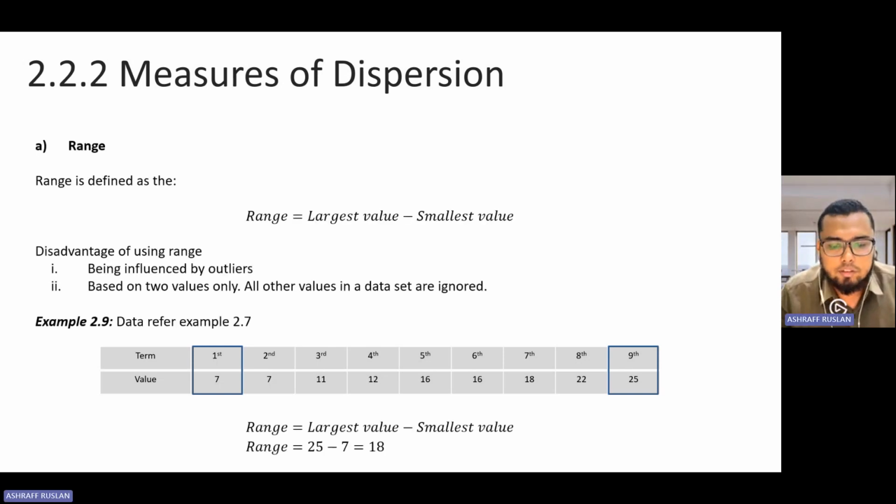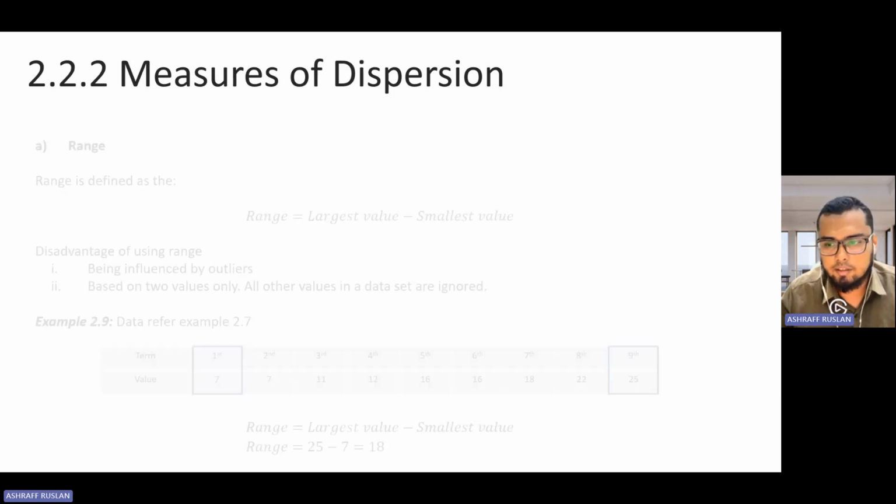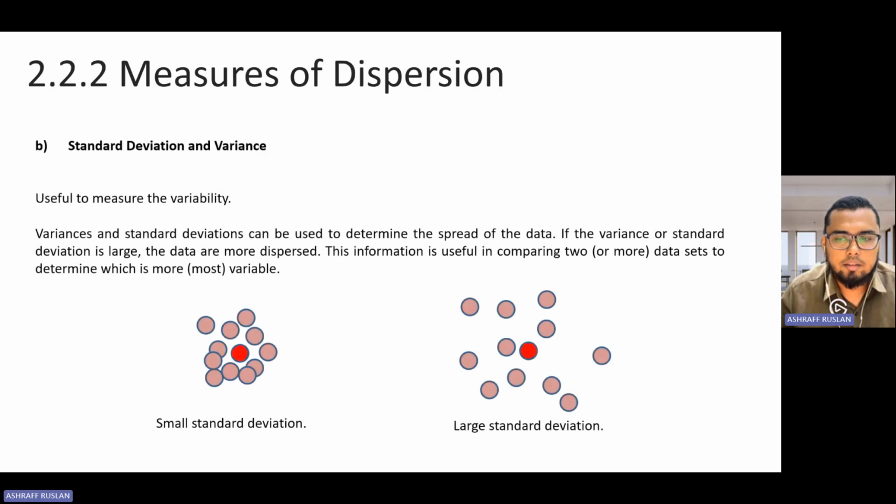Alright. So, for example, kita dari range ascending order, 7 is the lowest, 25 is the largest. So largest minus smallest, we have 18. So the answer, if the question asks about the range, is 18. Okay, 18. And then